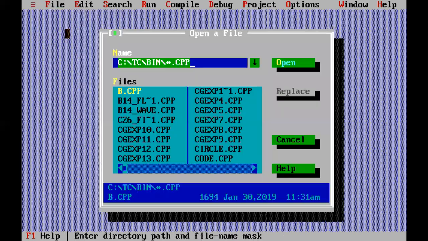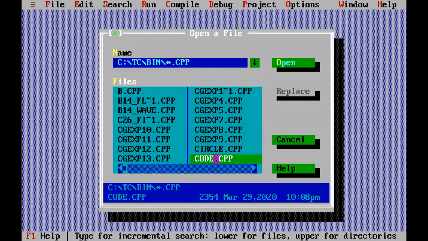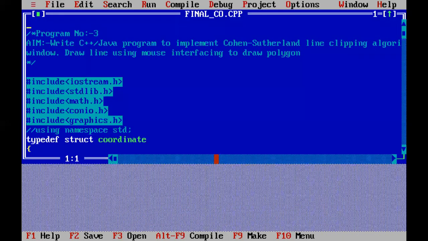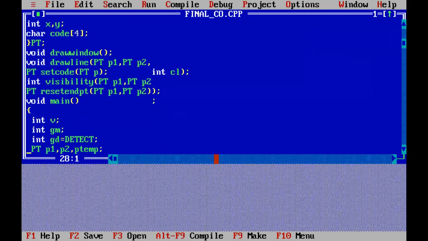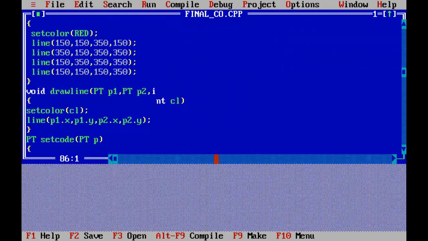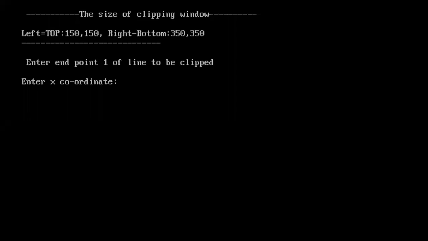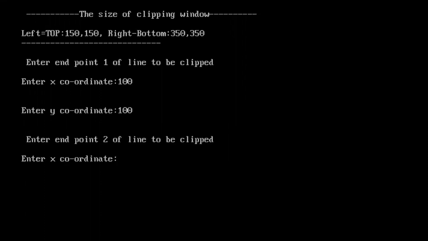This is open. So now this is your program over here. We'll compile it and execute it. So see the execution. Suppose we are passing 100 100 and 200 200.